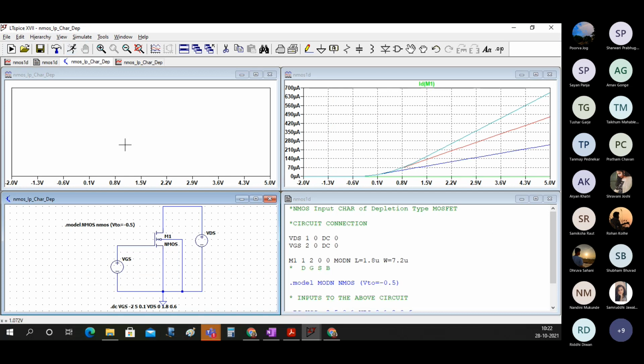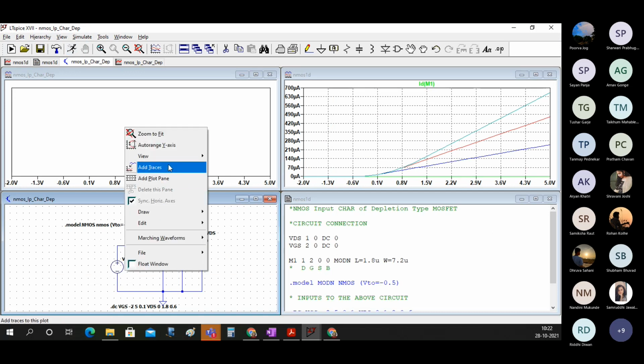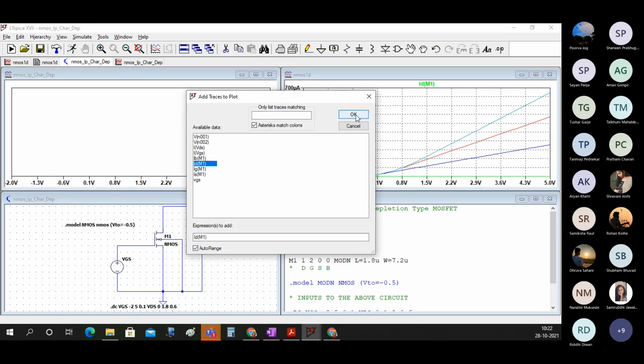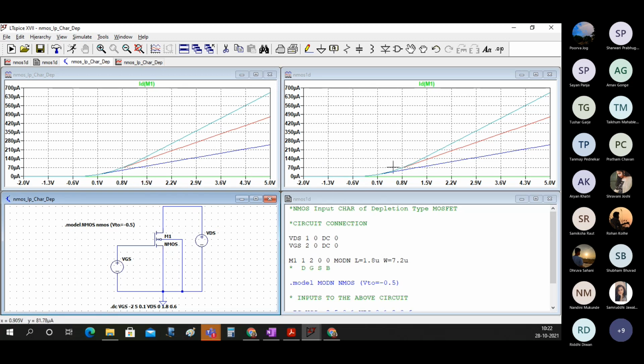And when you simulate this thing, you will get this. You can see both the characteristics are now the same. These are the characteristics of what? A depletion type transistor. An NMOS depletion type transistor.